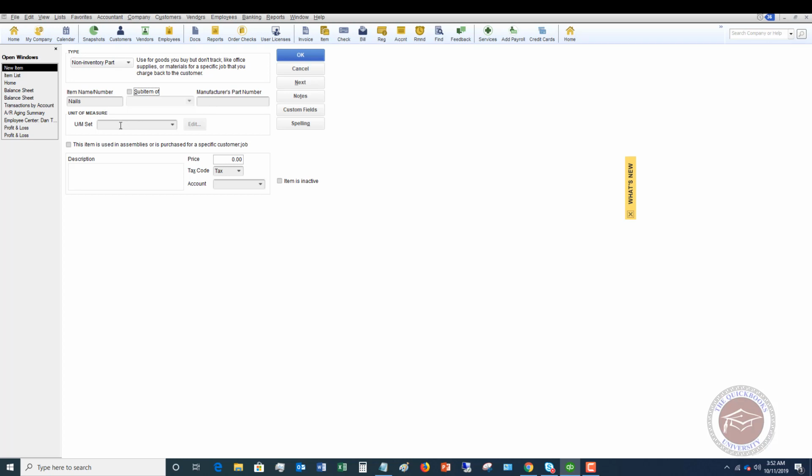You do not need to do a unit of measure. You can if you want to. This is typically going to be if you buy them by the pound but sell them in bulk. You can set up a unit of measure, but you don't need to. Okay, this item is used in assemblies or is purchased for a specific customer job. Now, if you're not doing that and you're just setting up the non-inventory part, you would leave that unchecked. And then you can put a description on here of,